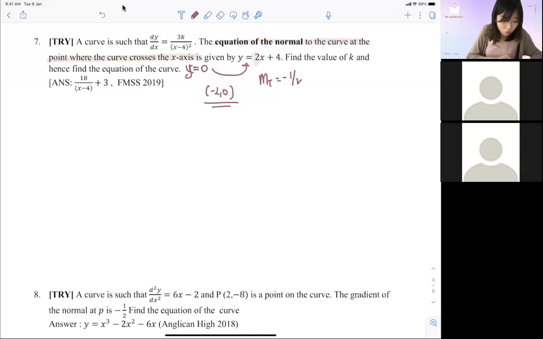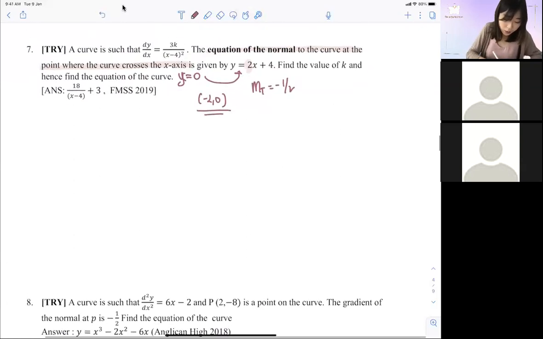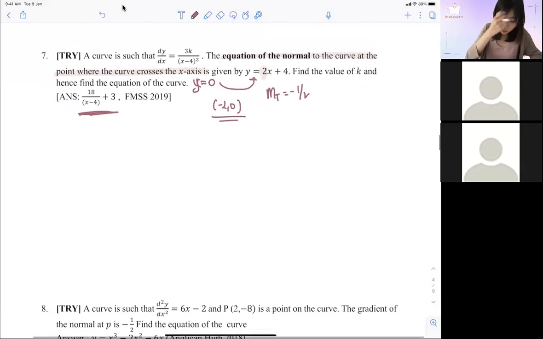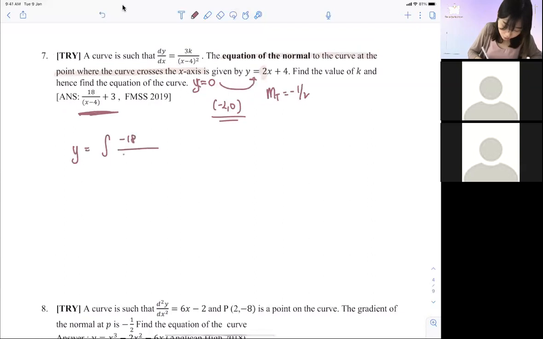Hey, Joshua, did I answer correctly? This is the answer, right? y equals to the integral, k is minus 6. Wait, I mean, your answer is just the simplified form, right? Minus 18 over x minus 4 squared